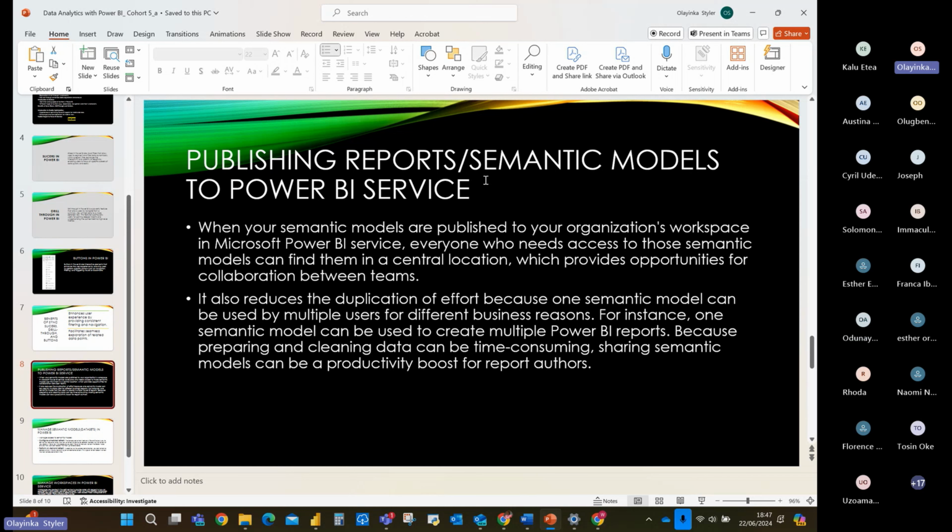And I will explain to you why that is so. When your semantic models are published to your organization's workspace in Power BI service, everyone who needs access to those models can find them in a central location, which provides opportunities for collaboration between teams. This also reduces the duplication of effort because one semantic model can be used by multiple users for different business reasons. For instance, one model can be used to create multiple Power BI reports